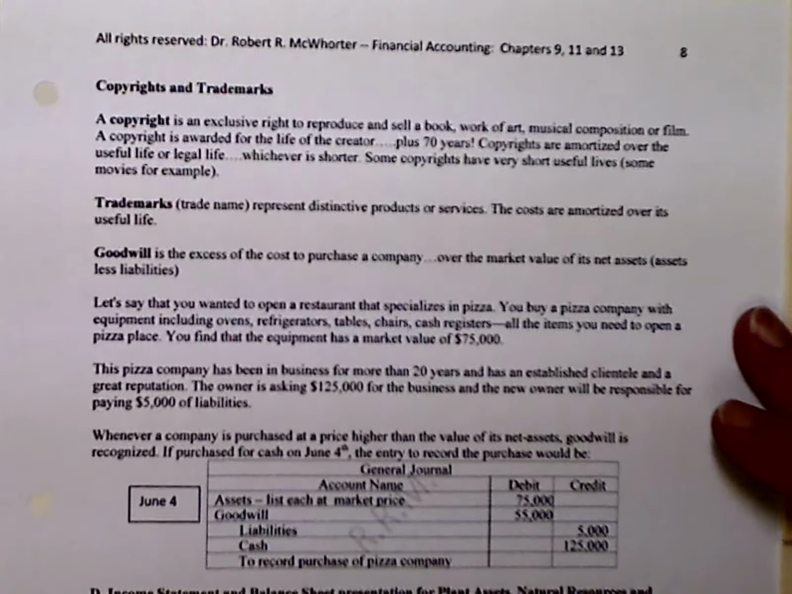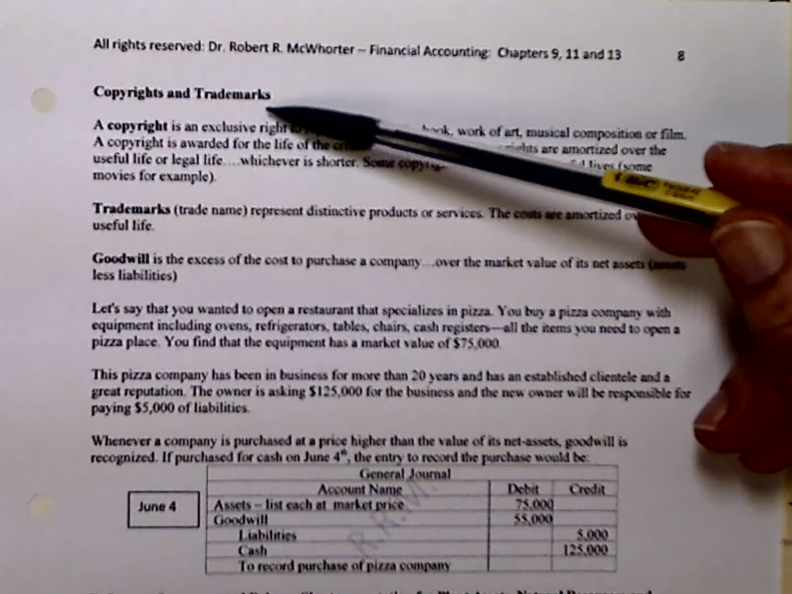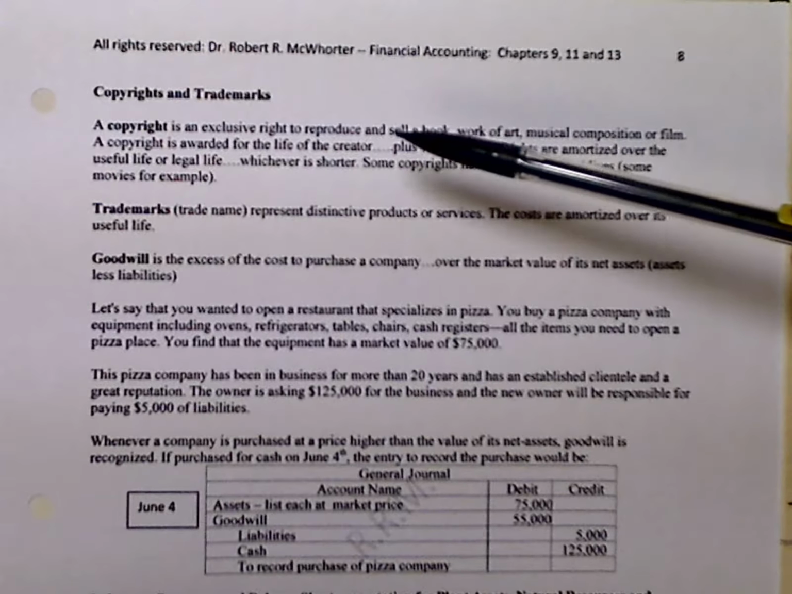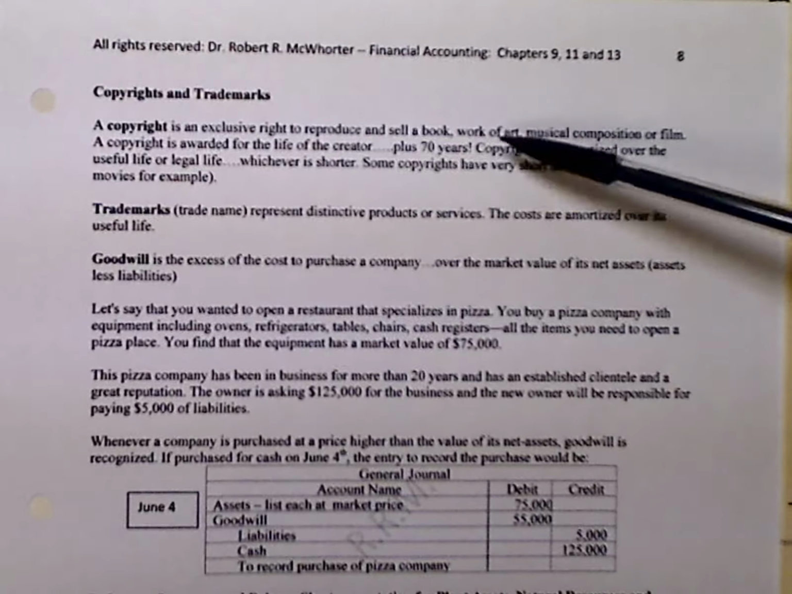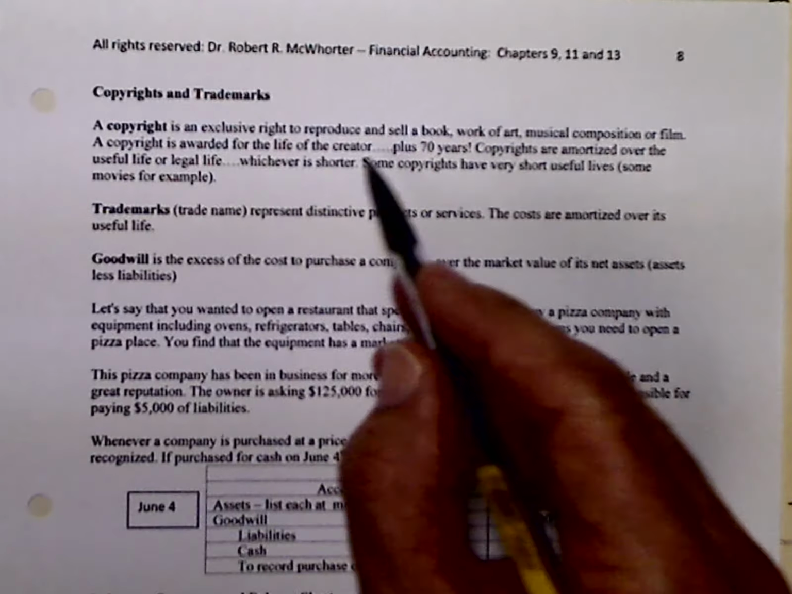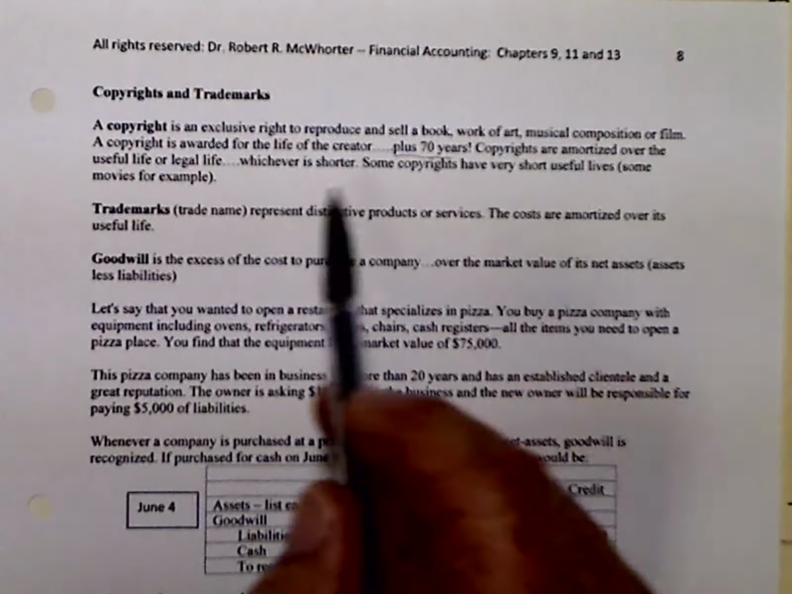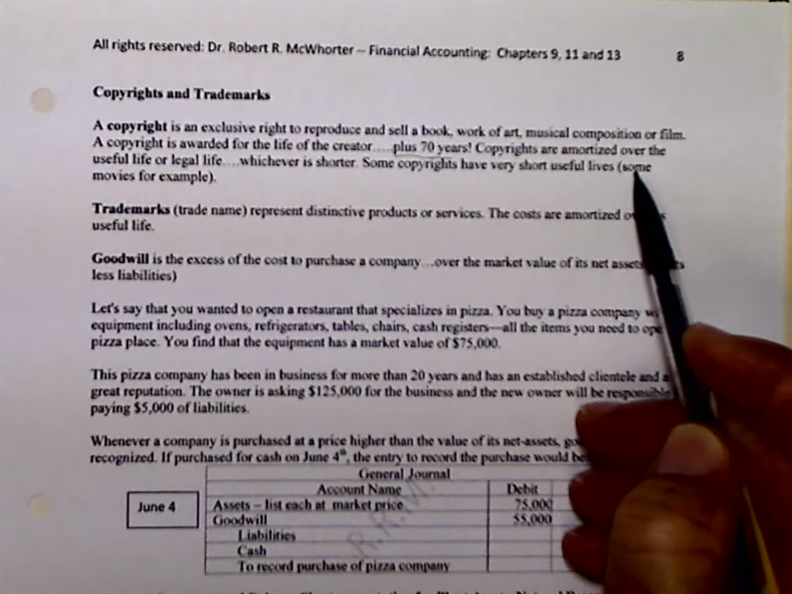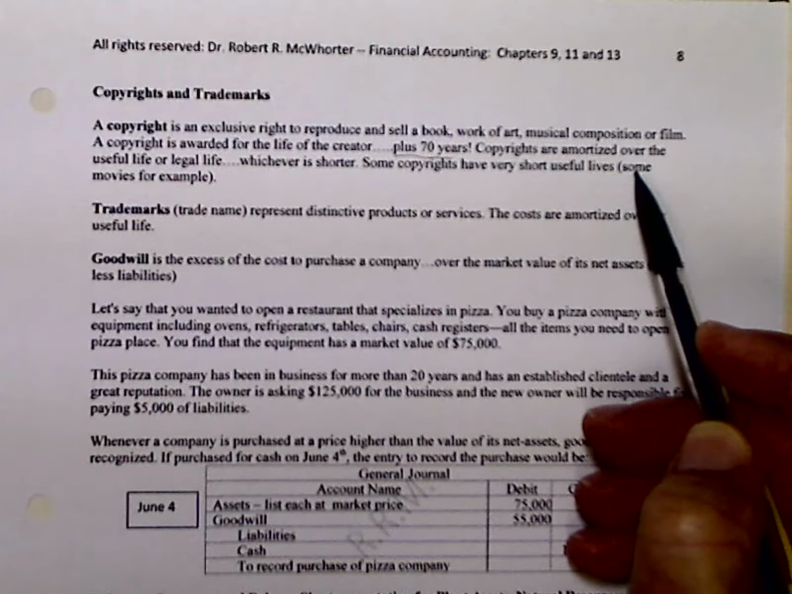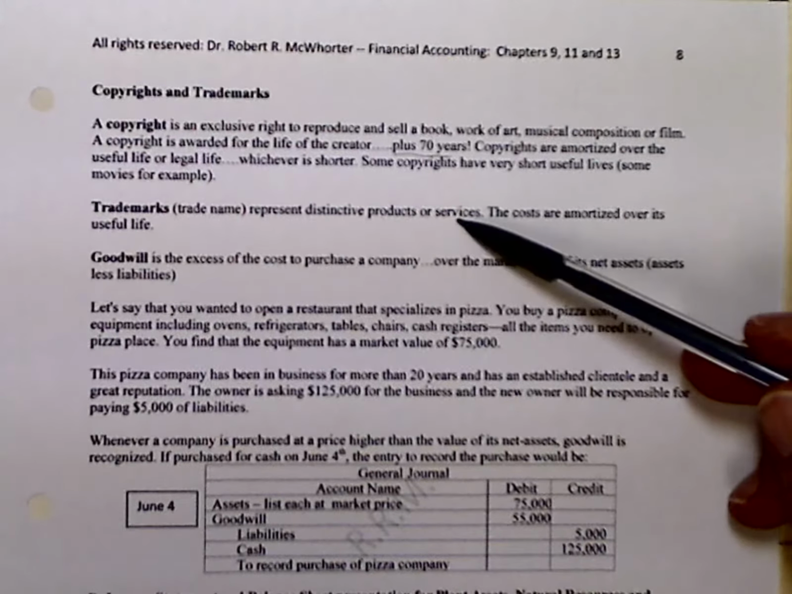Okay, page 8, copyrights and trademarks. A copyright, all of these are considered intangible assets. Look at this. The rights to a book, plus 70 years, the rights. Okay. Movies don't last very long, have a short shelf life. That's why you get the movies for $1 or $2 a few months after a movie's released. Trademarks like the